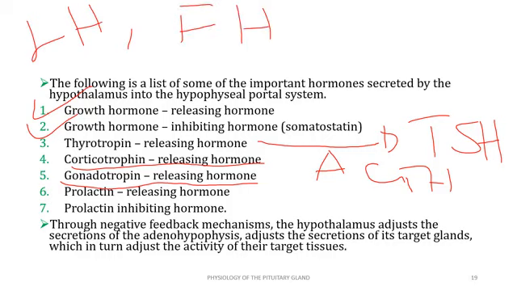We have also prolactin releasing hormone, which is responsible for stimulating the anterior pituitary to produce prolactin hormone. And to finish, we have prolactin inhibiting hormone, which is responsible for inhibiting the pituitary gland from secreting prolactin hormone. Generally, the pituitary gland is under control of the hypothalamus, which is adjusted by a negative feedback from the hormones of the